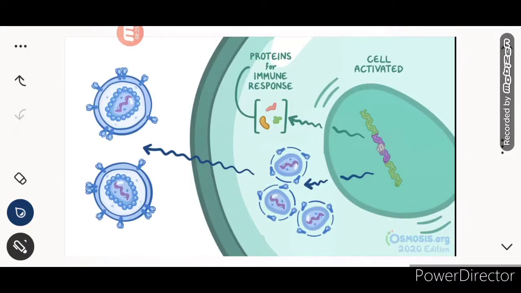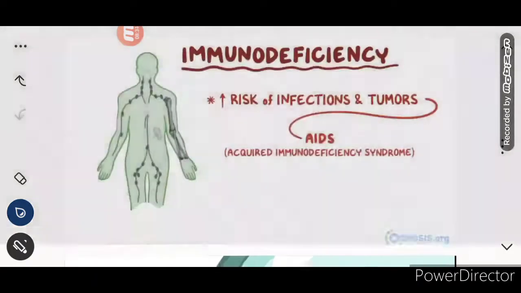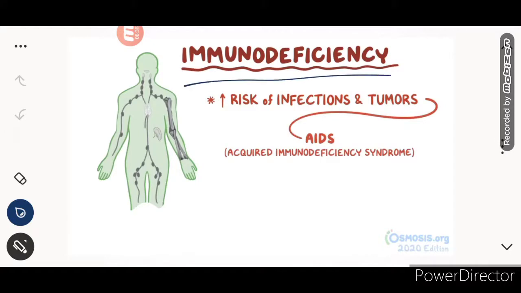Okay, isn't that so sneaky, that the body thinks it is protecting itself, but it is helping the virus to replicate. So in a particular period of time, the patient becomes immunodeficient. Hence there is an increased risk of infections and tumors, and that is AIDS, acquired